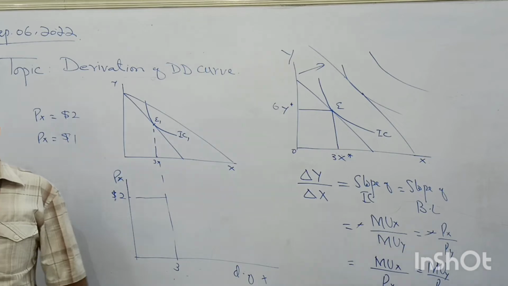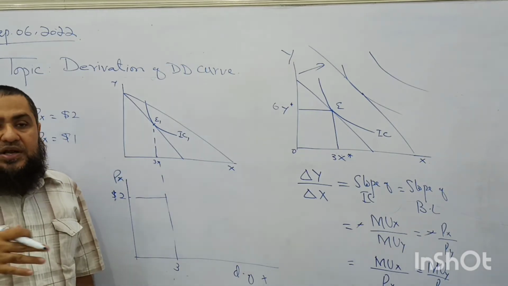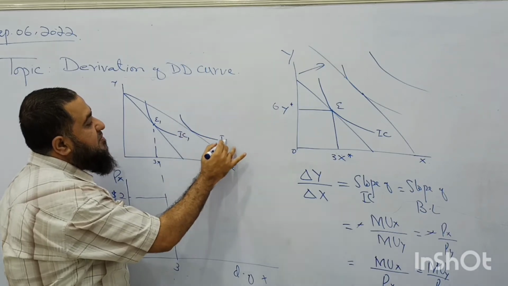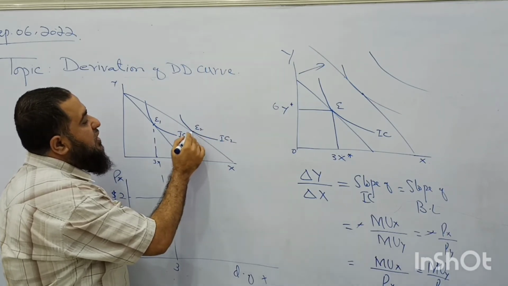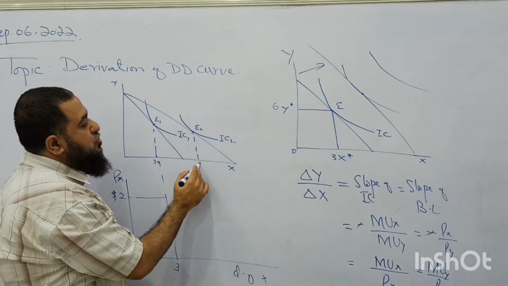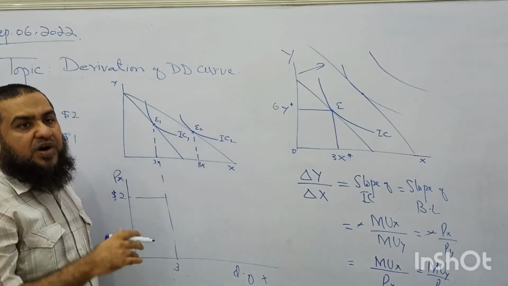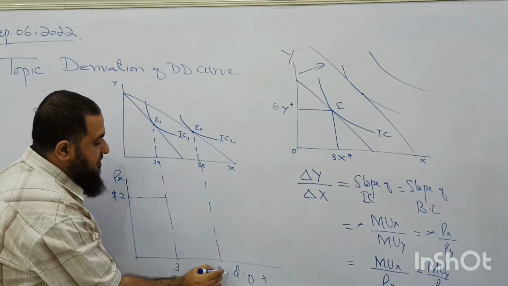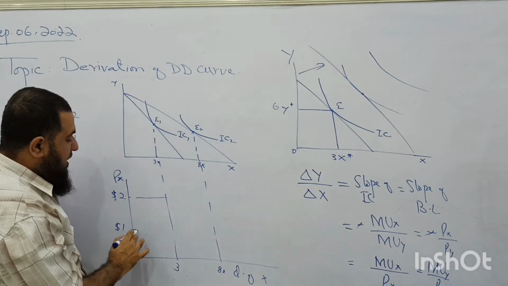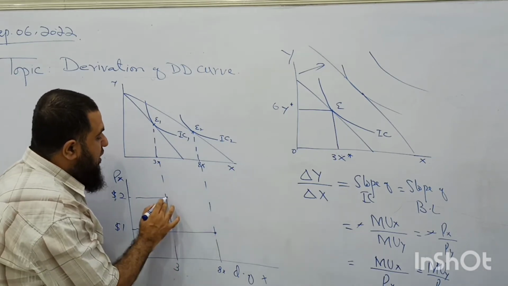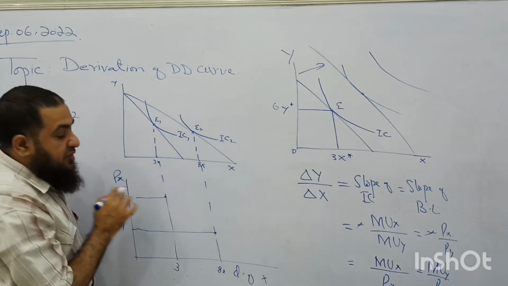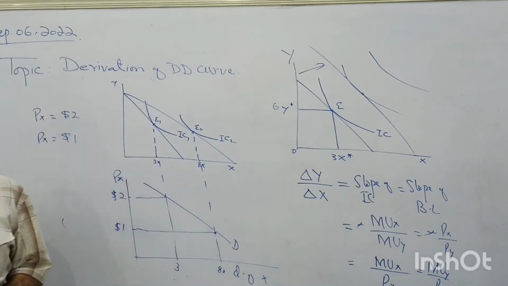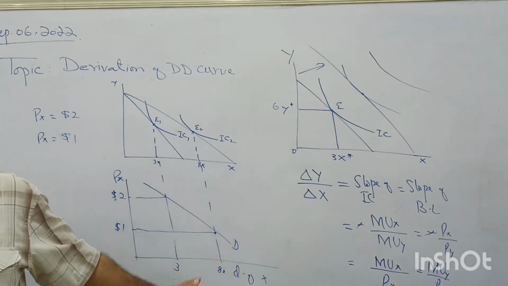Isn't it? Budget line will rotate outward, and there is another indifference curve which is available to the consumer. Now his new equilibrium is here. Suppose he is going to consume 8 units of X. For example, now see, at 8 units of X, the price is $1. So we are having this point and this point. If we join these 2 points, this is now the demand curve which is downward sloping for good X.